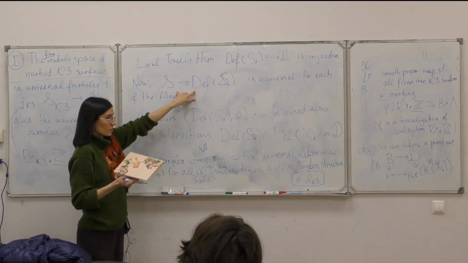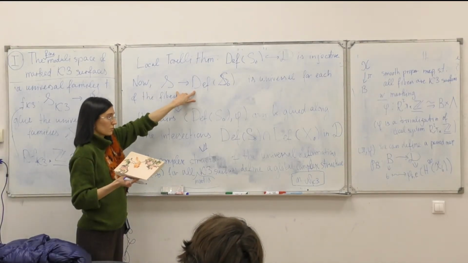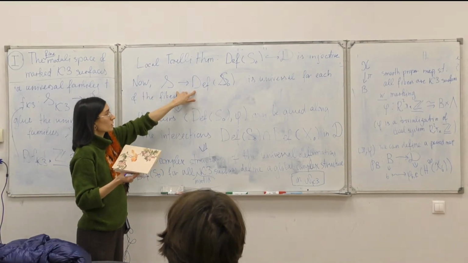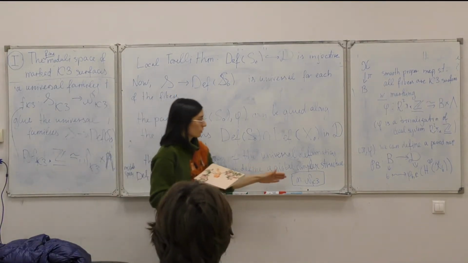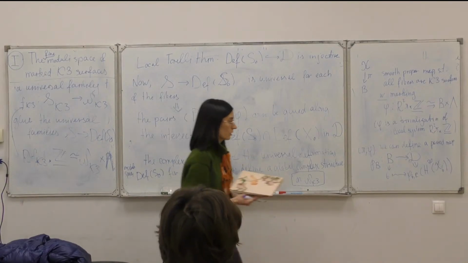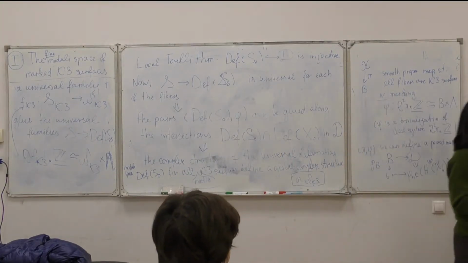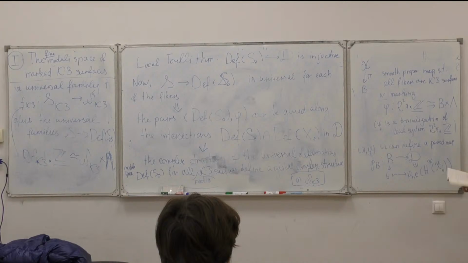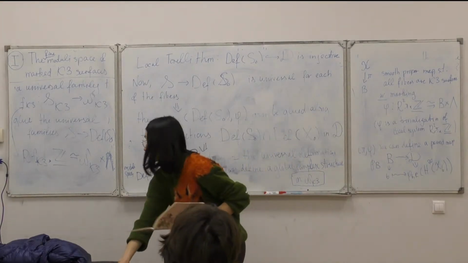The only important thing to remember here is that if we don't have automorphisms, then we can obtain a fine moduli space. We can hope to obtain a fine moduli space, and if we have automorphisms, we usually don't have a fine moduli space. And now let me formulate the statement